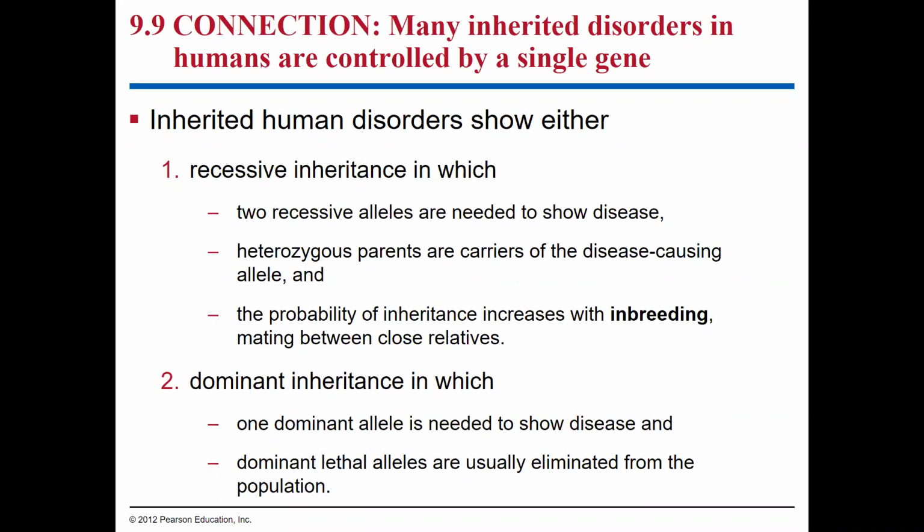For recessive inheritance, two recessive alleles are needed to show the disease, and heterozygous parents are carriers of the disease, but they don't actually show the disease. So the probability of inheriting the recessive trait is higher from parents who are heterozygous. It's also higher when there is inbreeding among close relatives,